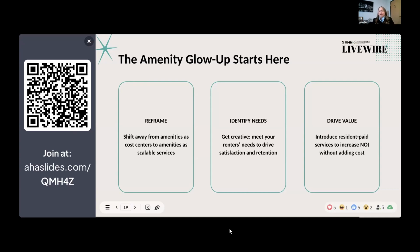At the same time, technologies put wellness resources in the palm of our hands. And today, wellness extends beyond physical health. Residents are increasingly focused on mental well-being, financial wellness, balance, and overall quality of life. These priorities are shaping what modern amenities look like and what residents truly value in the places that they're